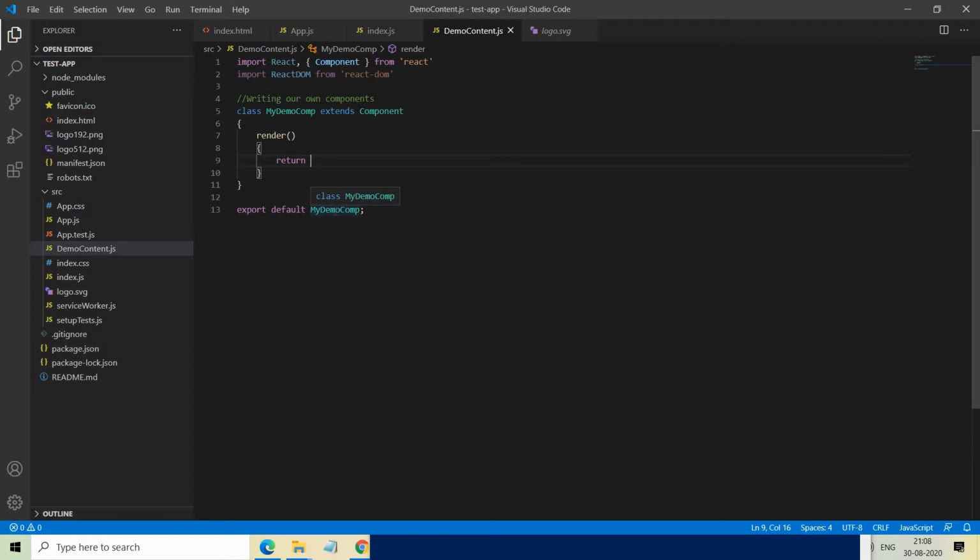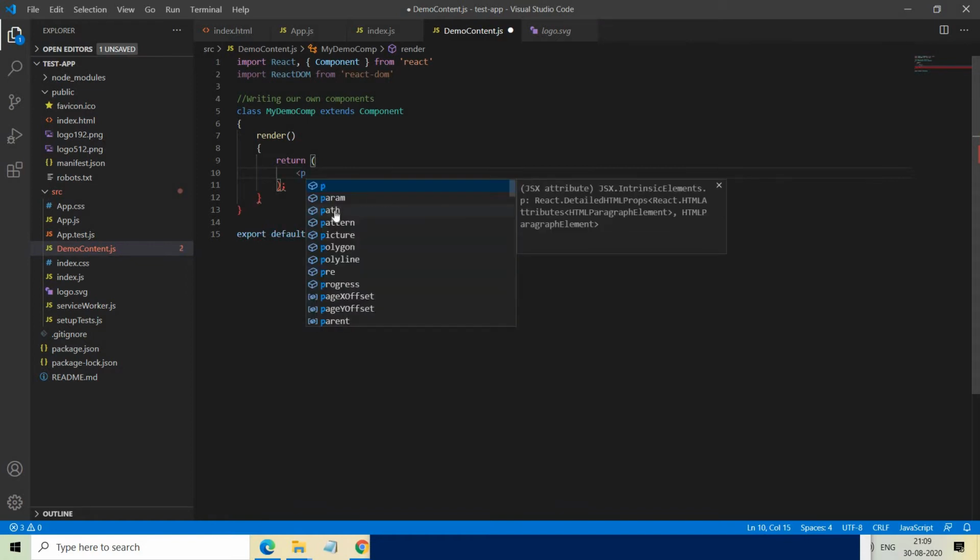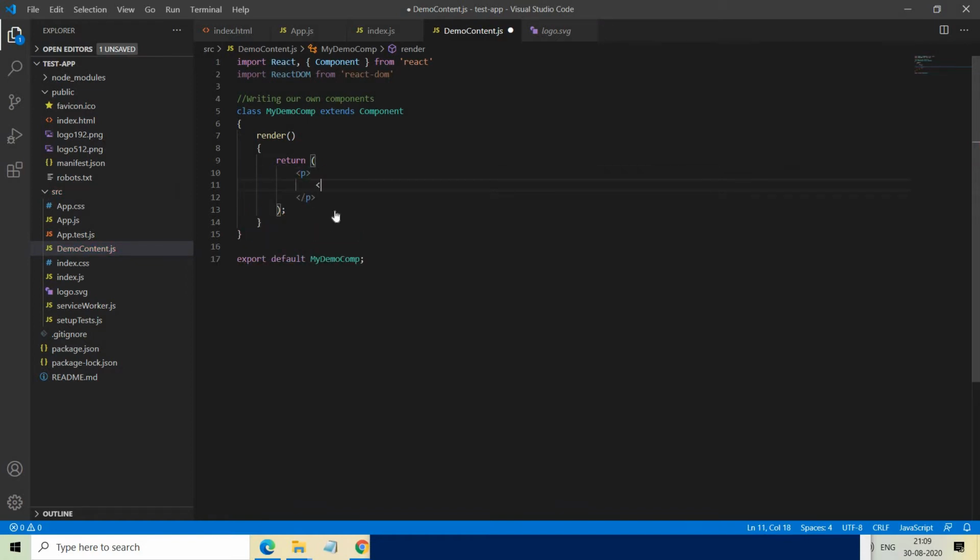Please remember that only one element can be returned, and inside that element you can have any number of other elements returned at the same time. So if I want to return something inside a paragraph, we can do something like this: paragraph, and inside the paragraph there is h1 where I am writing hello